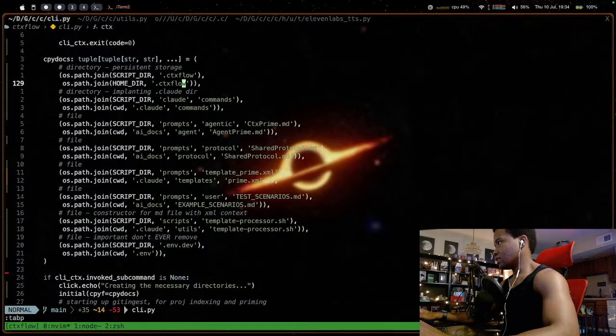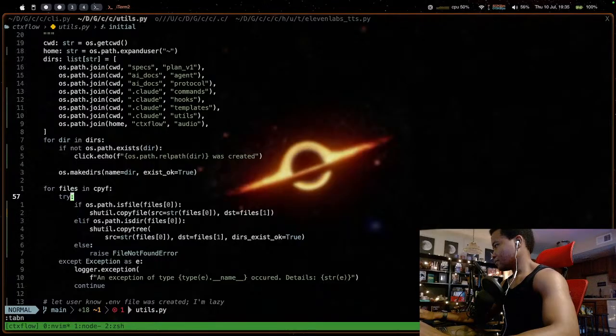Protocol, command, context flow. If it's a directory, hold on. What does copytree do? It doesn't want to work.